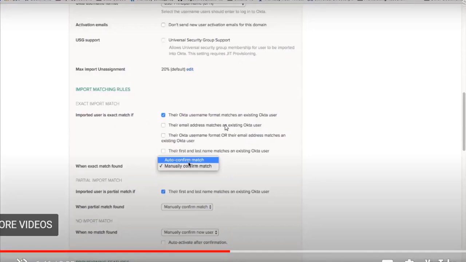Okay, that we are matching. And the second thing you can select is the email address matches an existing Okta user. The third one is the Okta username format or email address matches the existing user, any one of them. Okay.